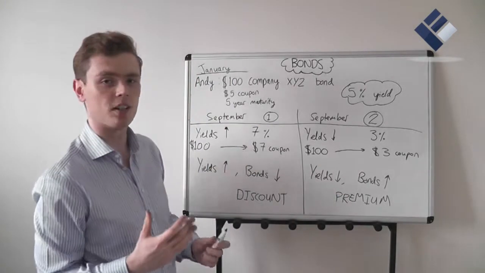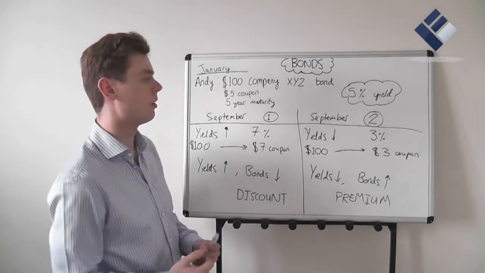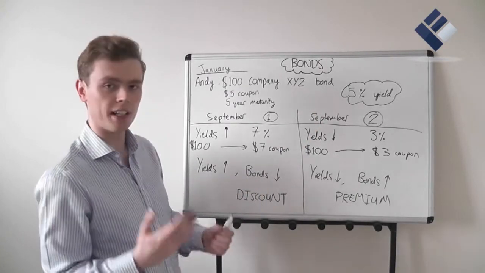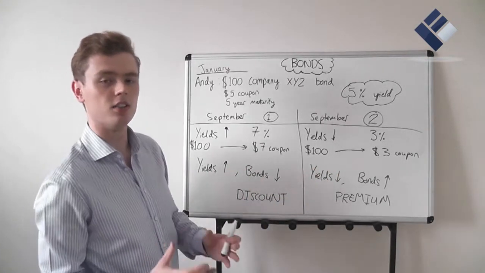The key thing to take away from this is how risk of default, risk when entering a bond, can dictate the value of the yield of a bond, and also the relationship that yields move inversely to bond prices. These are two very crucial points.